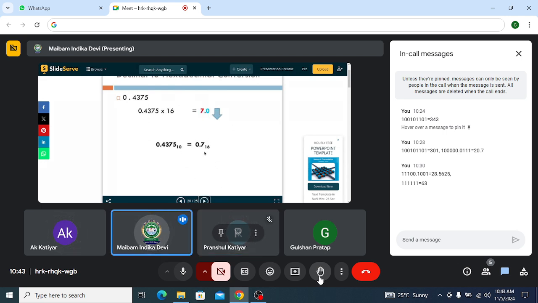Now the hexadecimal conversion. From decimal to hexadecimal, the process is the same. You are going to convert from decimal to hexadecimal, so you multiply by 16. That is the base of hexadecimal. Then you get 7.0. So this 0 point is for convention, and whatever value you get here, 7, is what you put out here, base 16.